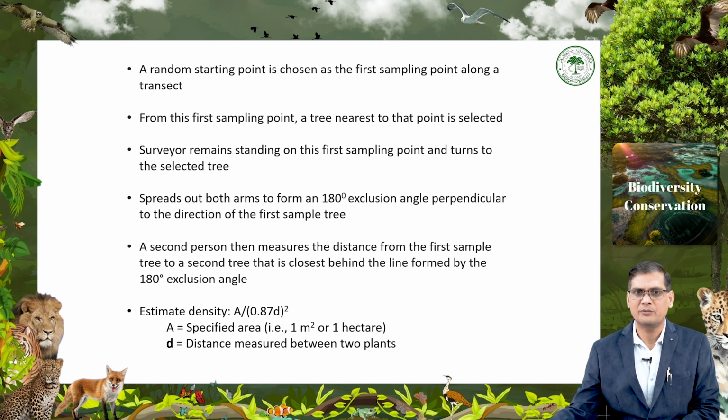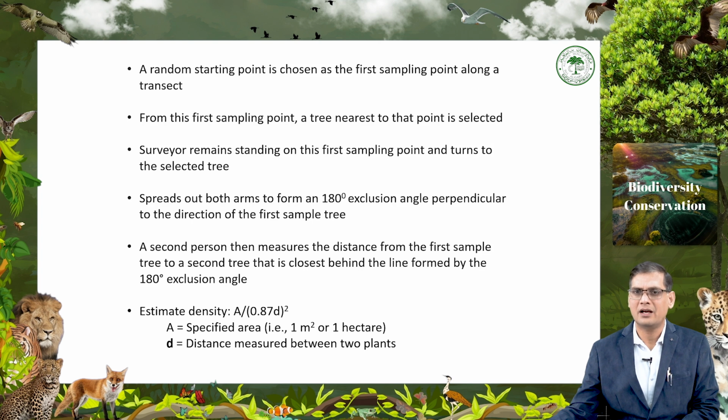From this point, a tree nearest to that point is selected, and the surveyor or the researcher remains standing on this first sampling point and turns towards the selected tree. The surveyor spreads out both arms to form an